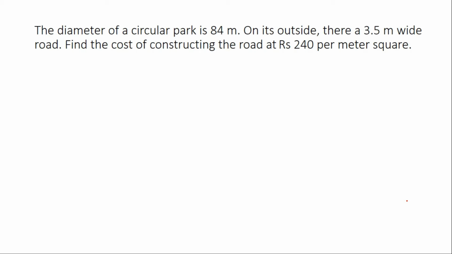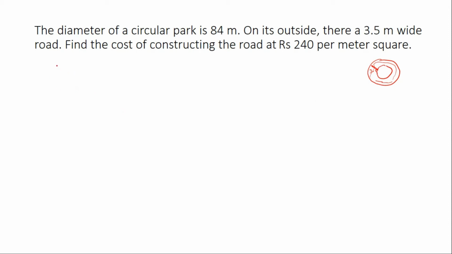So the question is given, a circular park is there. On its outside a 3.5 meter wide road is there. That means this one is 3.5 meter. What we have to find out? Find the cost of constructing this road. So for that,